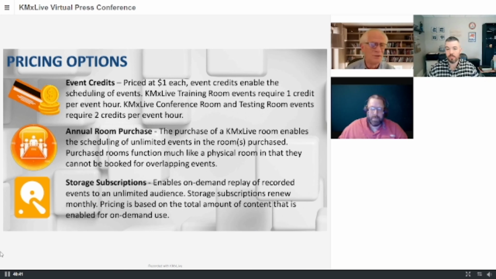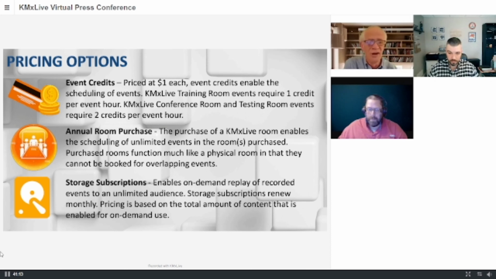So these storage subscriptions that we offer let you take it to the world. You can provide a link and let other people see and take your course, which is kind of neat. So you've recorded it once, and now you can have people retake it, and they're not just taking a YouTube video, they're actually achieving a score, getting a certificate of completion. It's being recorded to your LMS if you've loaded it into your LMS. These are all things that come with the storage subscription for your much, much larger audience.